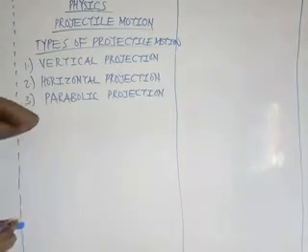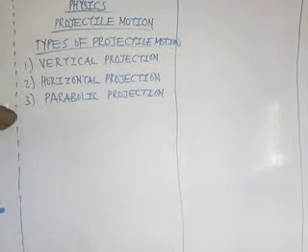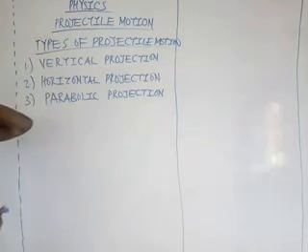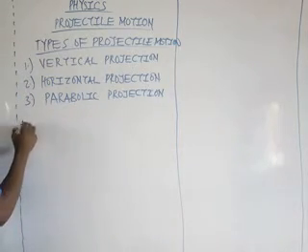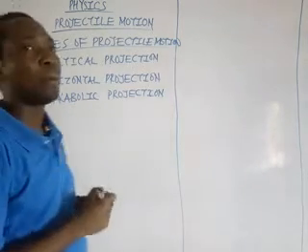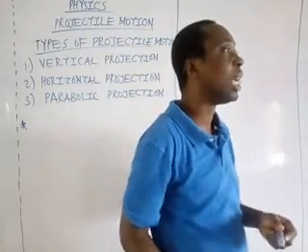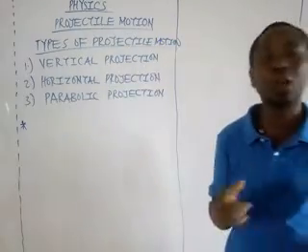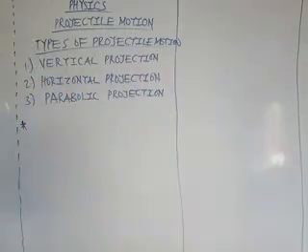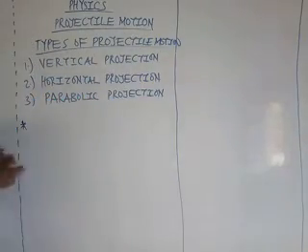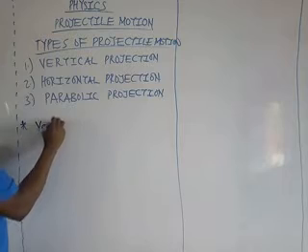For the benefit of today's class, we just look at vertical projection, and if time permits, we also consider horizontal projection. When we say vertical projection, we're talking about a body that is launched into the air vertically, and then the body also comes to the ground vertically. Most textbooks call it motion under gravity, but I've decided to treat it as vertical projection. So in vertical projection, the basic thing to note,